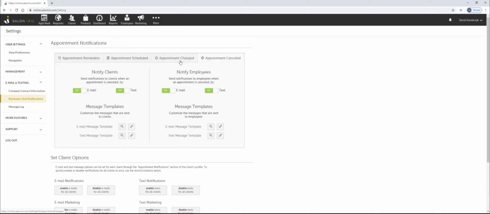And then we also have an appointment canceled. So the appointment canceled is a great way to validate, from the customer's end along with your own. And again, this is from the client side and the employee side, and you can pick and choose what they do or don't receive in these instances. You can most certainly craft and change the message that they receive, or the template, for any of these options as well.